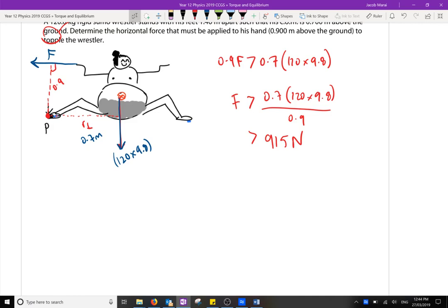Obviously, these are not the only forces acting on the sumo wrestler, or else he would be going down and left. Well, at the moment he's stationary. So there would actually be a reaction force on his forward foot, FR. Because remember, at that foot,